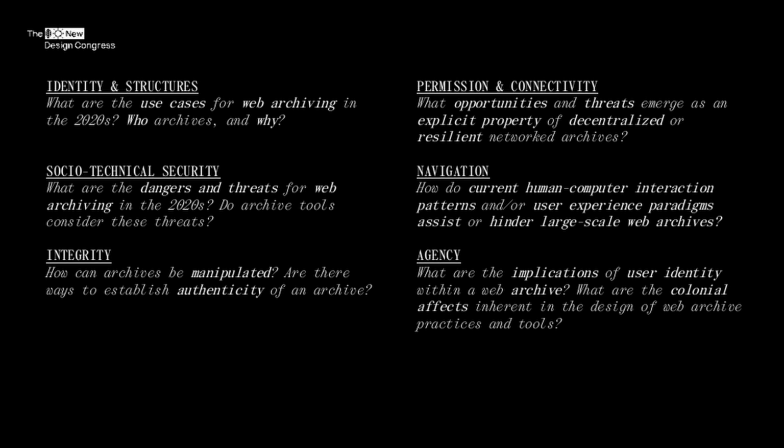And then finally, agency. So it looks at what are the implications of user identity within a collaborative networked web archive? Are there, again, opportunities to implement alternative identity paradigms? And this ties in quite nicely with some of the research of the New Design Congress that we've done in parallel. What risks exist specific to personally identifying information captured inside a web archive? And again, do opportunities exist to design user agency patterns into archive tools and systems and their formats? Yeah, and so a big part of that too plays a role with the colonial effects of identity and archiving as well, which is something that we also explored as part of that.